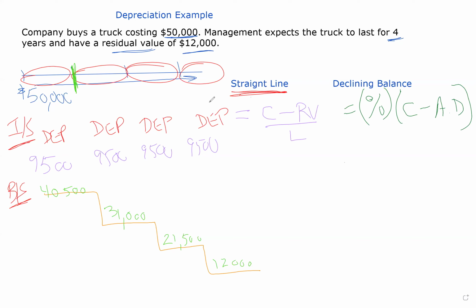Let's say that we're using 37.5% as our declining rate, our depreciation rate. That's 1.5 times, in case anyone really is keeping track. Okay, so let's calculate the depreciation charge using the declining balance for the first year. So it's going to be equal to